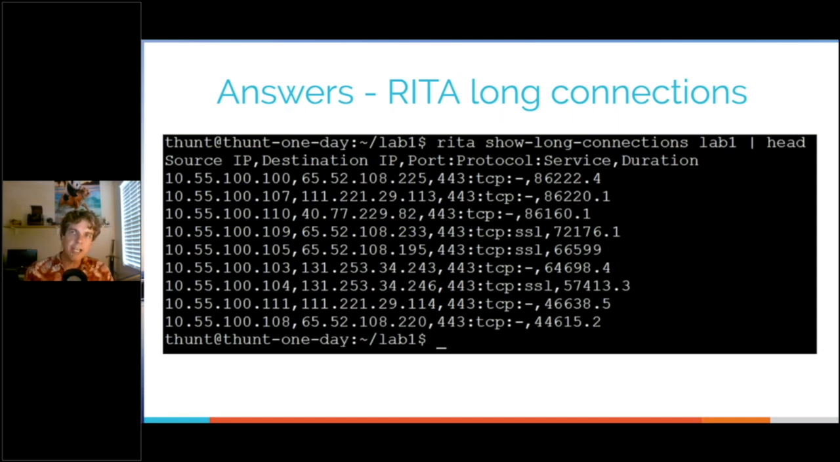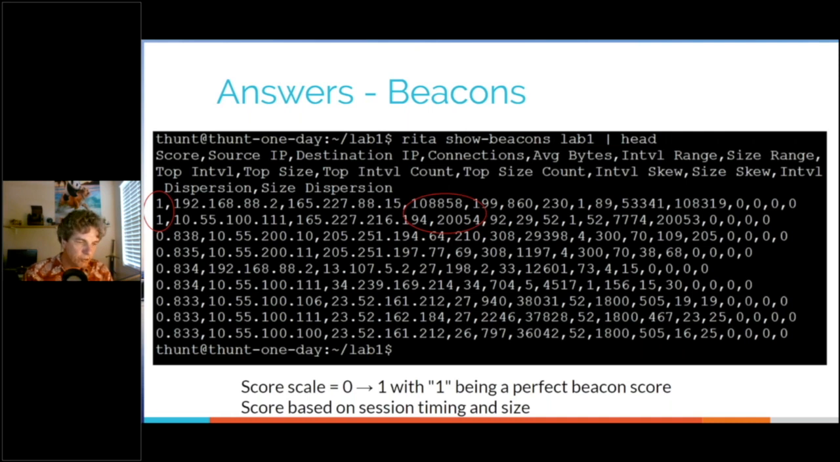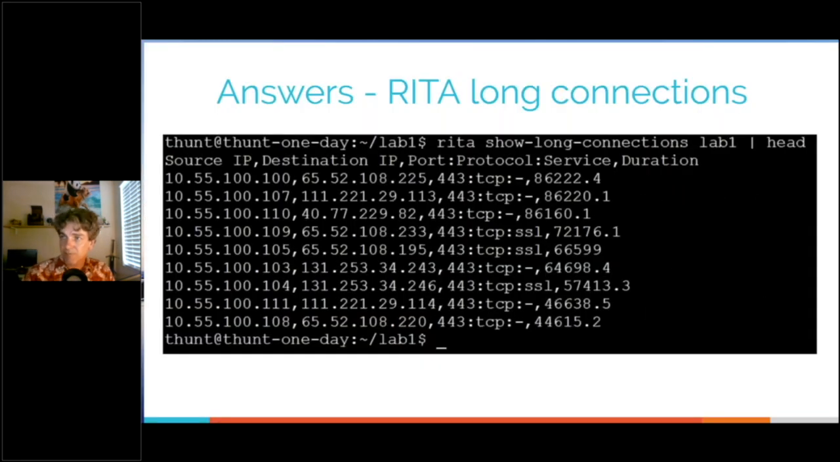From a long connection standpoint, I've got a couple of systems here that are carrying on long connections with systems out on the internet that make me a little bit nervous. Those are systems that I'm going to want to do a little bit more of a deep dive on. I have two systems that are running perfect beacon scores. So this is something that I want to dig into a little bit deeper. Now I've got to look at, so what does deeper mean? What do I do next? Well, for these two beacons, and I think there were like three, maybe four long connections,